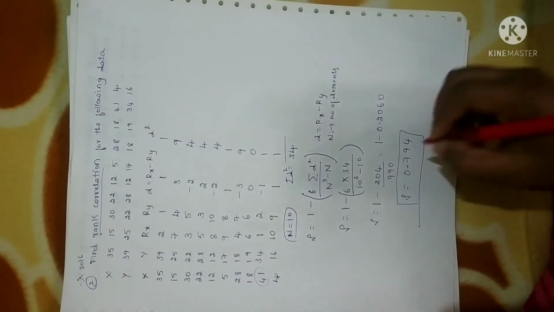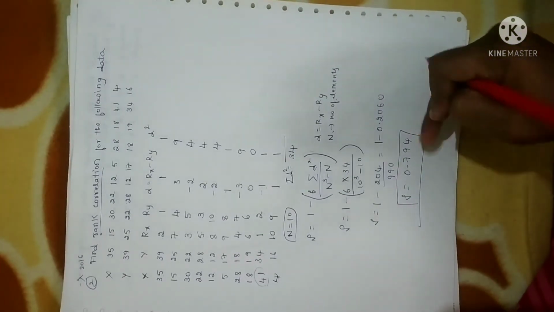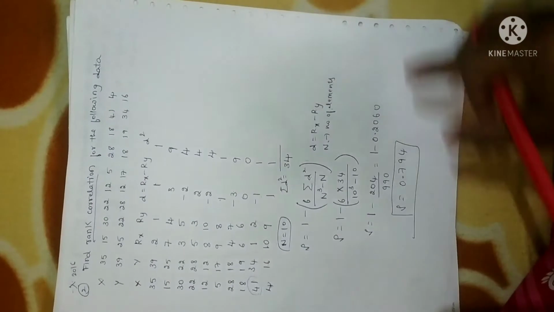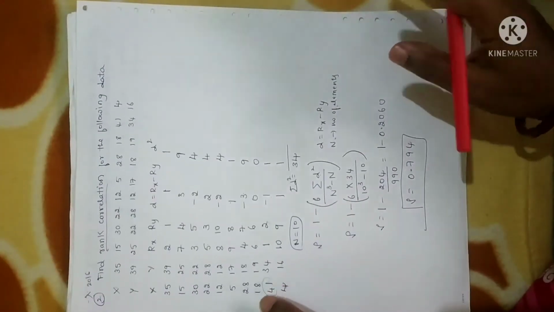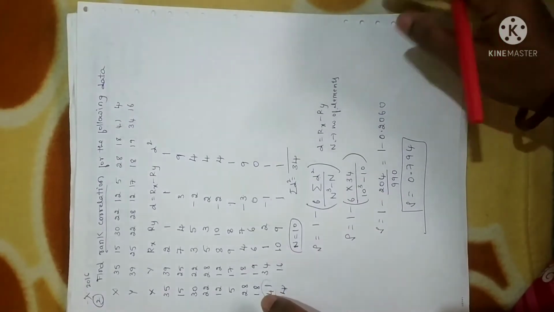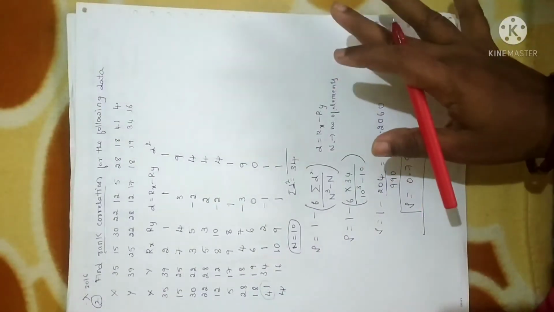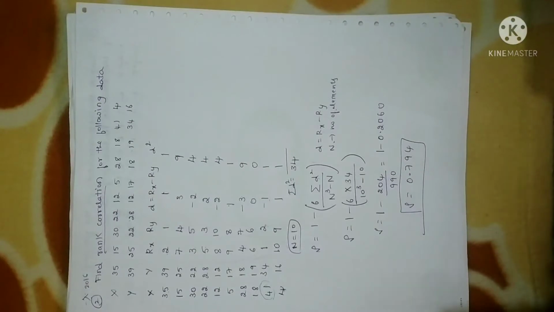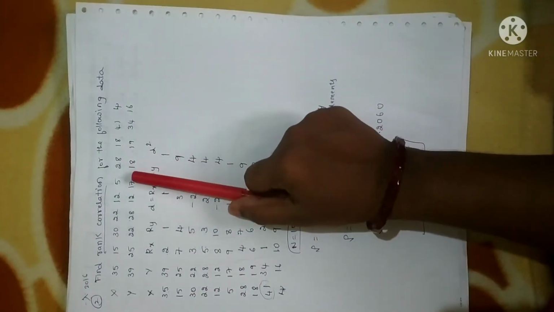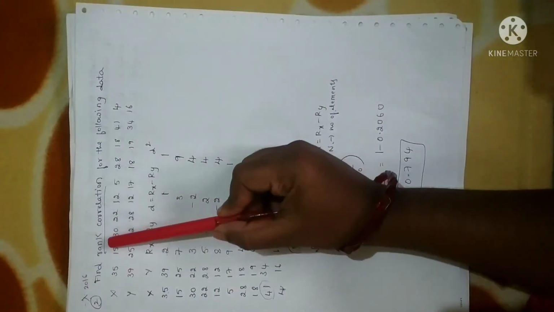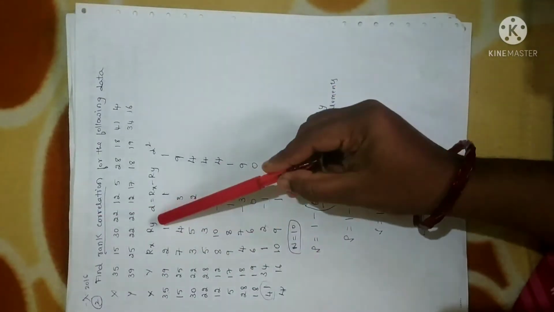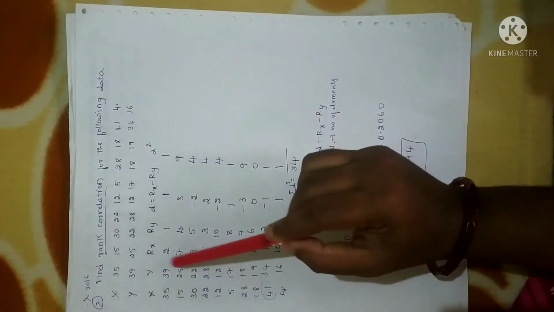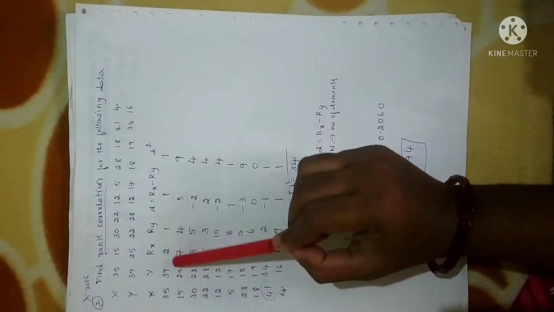So you can note that whatever may be the rank correlation or coefficient of correlation, the value will be in between minus 1 and plus 1. Hope it is clear. I am just repeating once again. There is quite a confusion, particularly in such kind of problems. Why? Because in a given data, only X and Y values are given, where we have to find rank correlation. In such a case, first you have to calculate Rx and Ry. That is, whatever the X values and Y values are given, you just locate a rank for them.